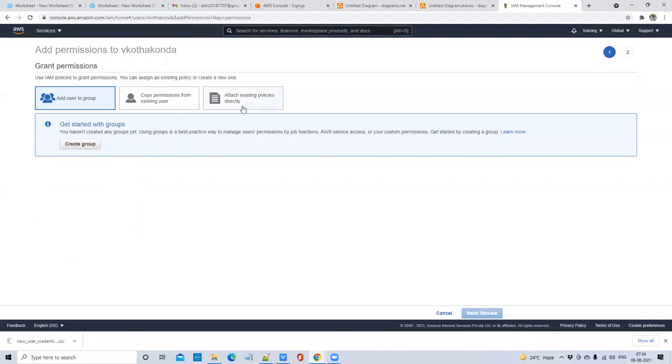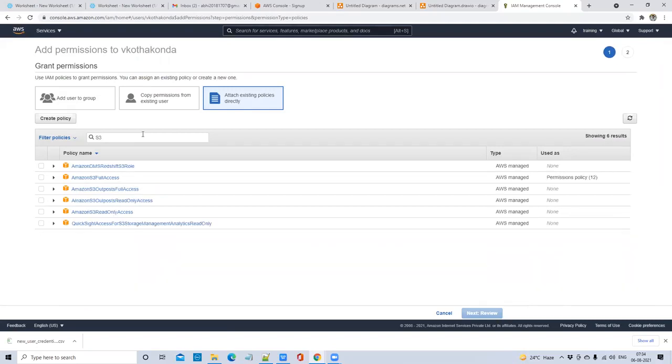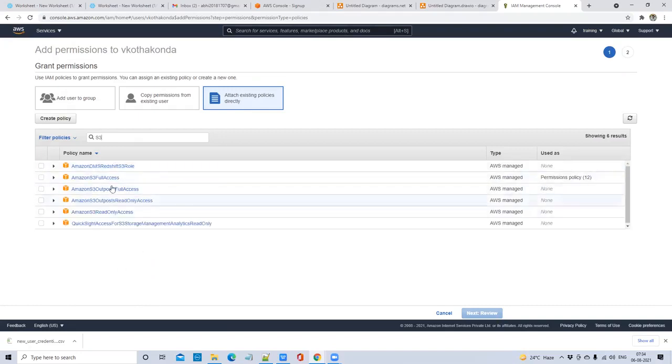There are some policies. If you want to relate it to Snowflake, a policy is a privilege, like select access on table, insert access on table, usage access on the warehouse. Like this, now you need to give the access on S3. Let's say that user wants to use S3. So you need to give a policy called S3 full access. There are predefined policies for S3. If you type S3 here, you will get a lot of things. If you want only read only access, give read only access. If you want to give the full access, you can give the full access. So I am giving the full access here. Check this box. Next.